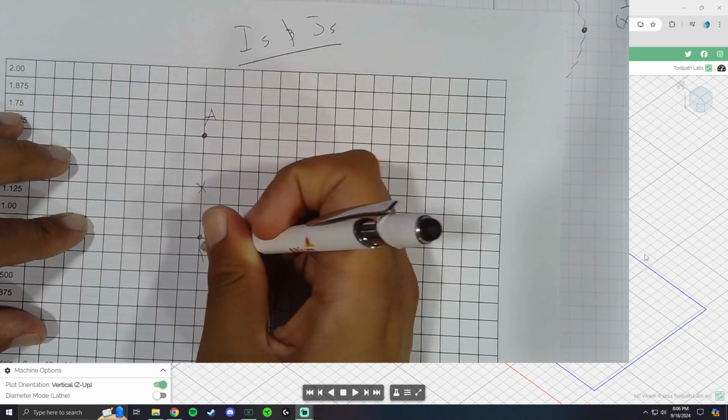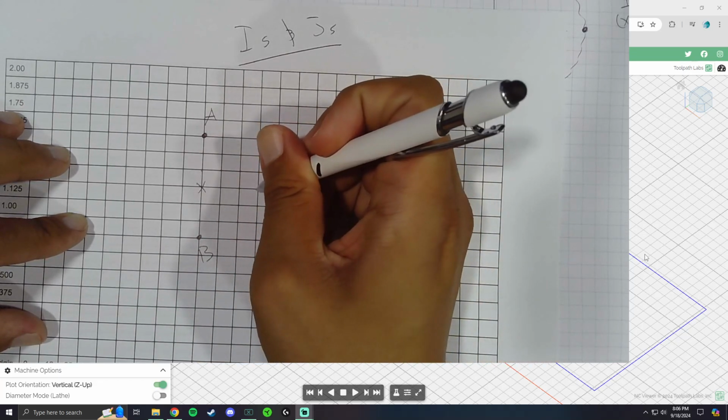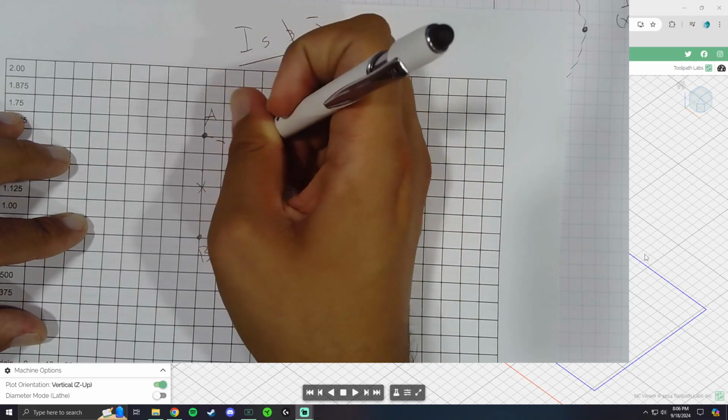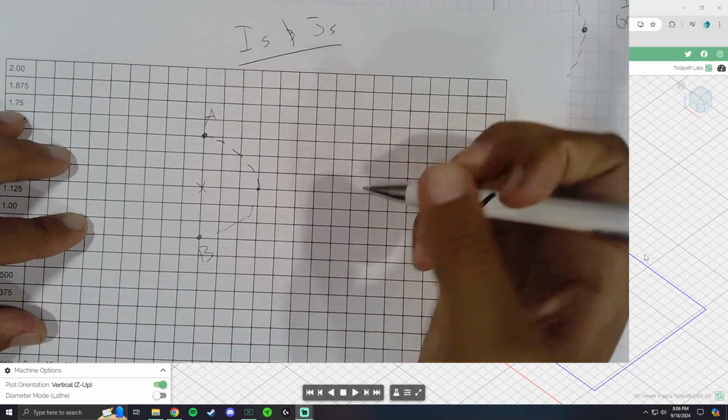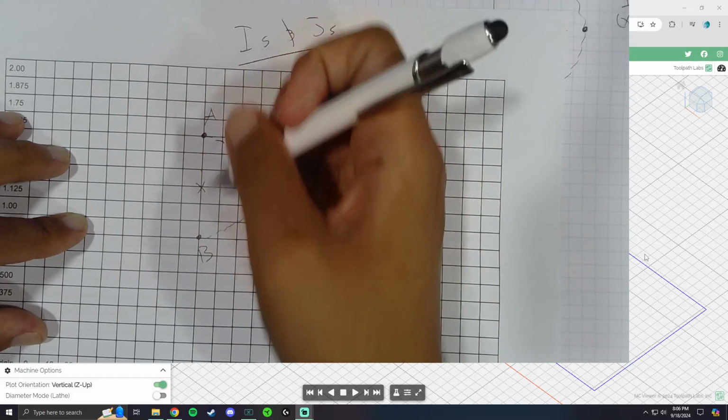So A to B, I'm going to go ahead and have this center point. So I have 3 grid spaces down. I'll do another dot over here. So now this is my arc. So my A coordinate is just my 0, 0. My B